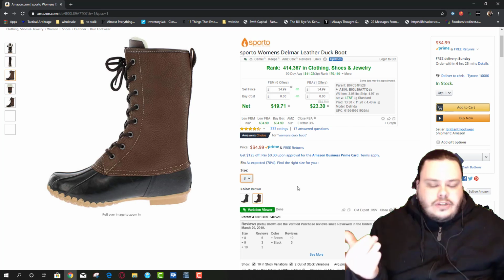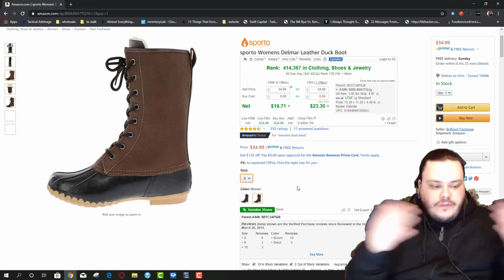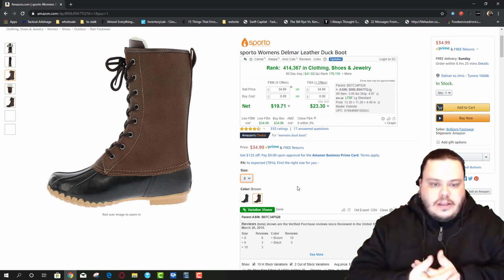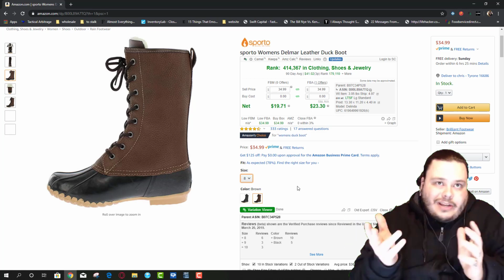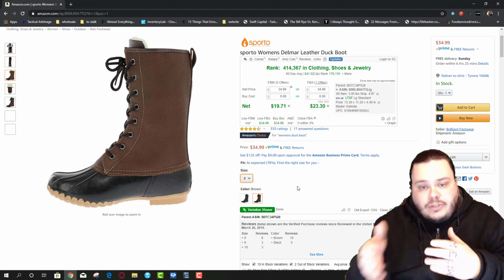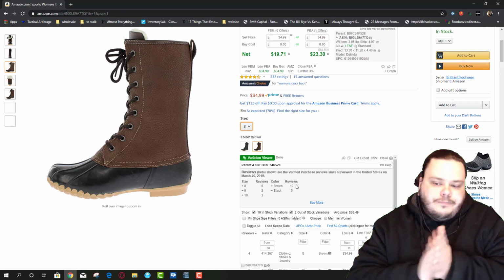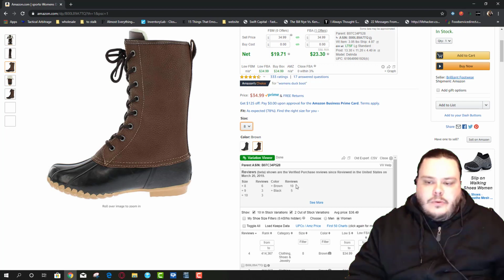When you're dealing with this, there's 10 things that people might buy. So if you have all 10, you're going to do great. If you just pick one, randomly people buy things. That's not really how it works, but if you were to do it randomly, everybody that buys one of these has a 1 in 10 shot of picking your offer. Now we can see here with the variations, there's only two color variations.